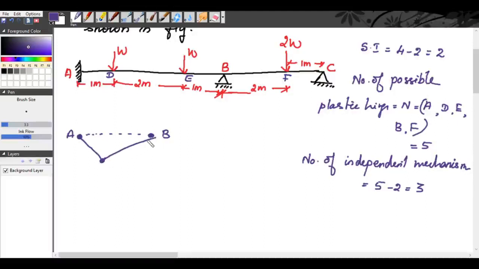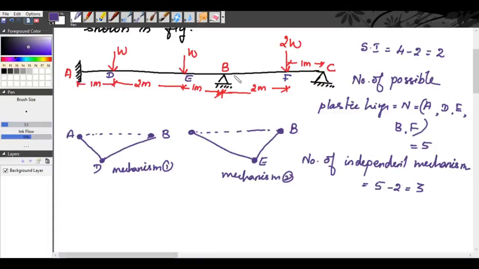So this is your mechanism 1. And in AB, you will have another mechanism where the hinges are formed at A, B, and at E. So this is another beam mechanism. This is mechanism 1, mechanism 2,